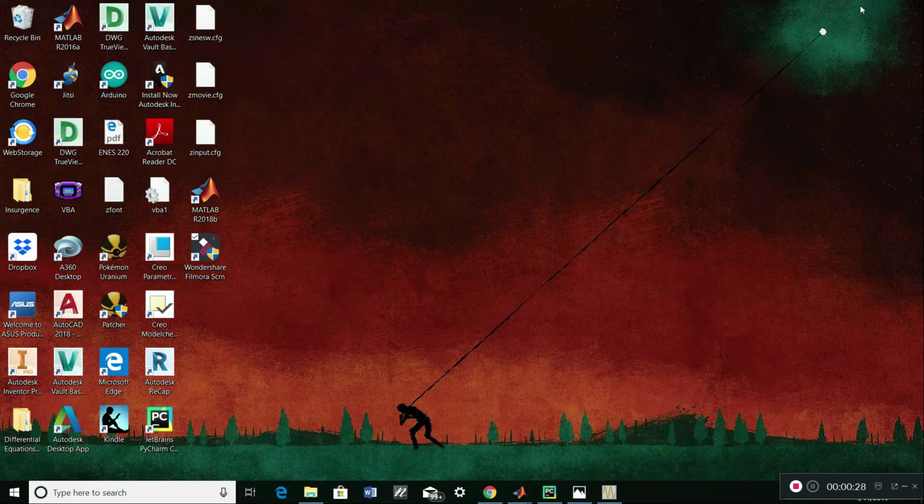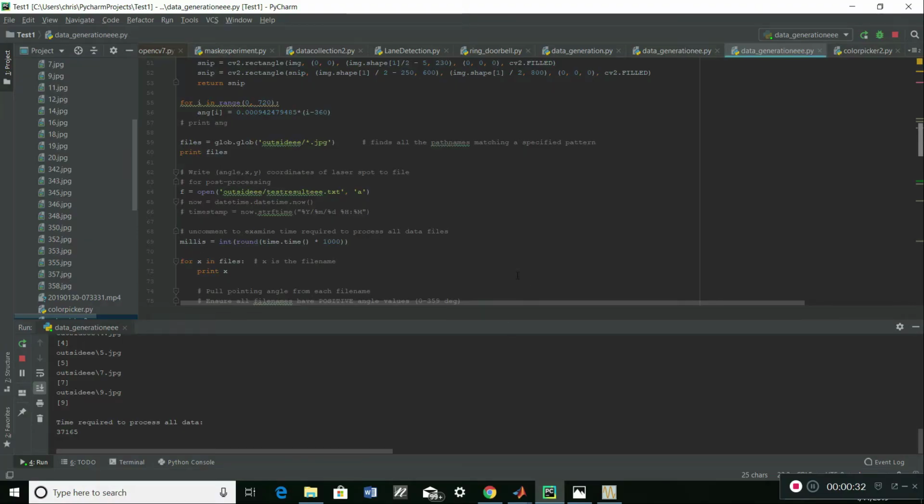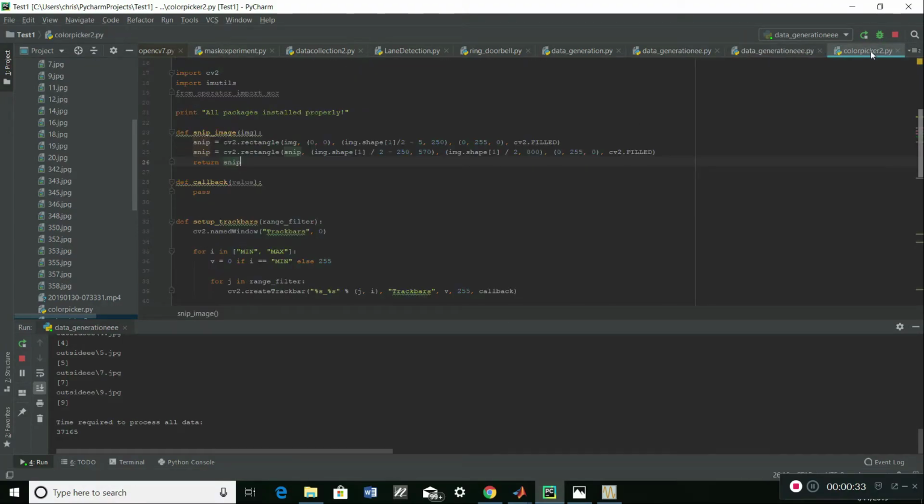After I took my pictures, I transferred them to my laptop and processed them in Python. In Python, I first used my colorpicker.2 code as I did in the previous homework assignment. The only difference is I used a snip of the photo so that my noise would be taken into account. Let me run this real quick. So when I run colorpicker.2,